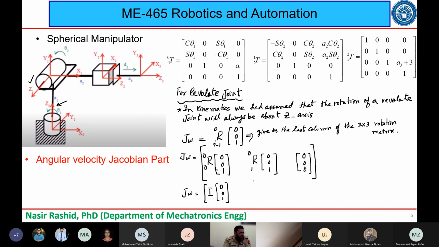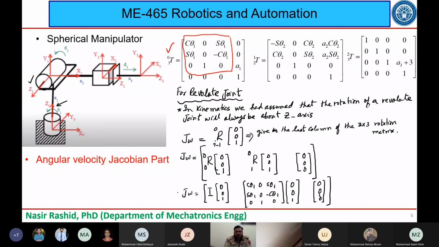Okay. Second, आप देखें तो आपके पास 1 to 0, so this is 1 to 0 का रोटेशन मैट्रिक्स आपको ये नजर आ रहा है। So let me put the rotation matrix here, जो कि 1 to 0 के लिए मैं यूज कर रहा हूँ। So this will be actually cos theta 1, 0, sin theta 1, then sin theta 1, 0, minus cos theta 1, 0, 1, 0, and this will be multiplied by 0, 0, 1, and the last column is 0, 0, 0।